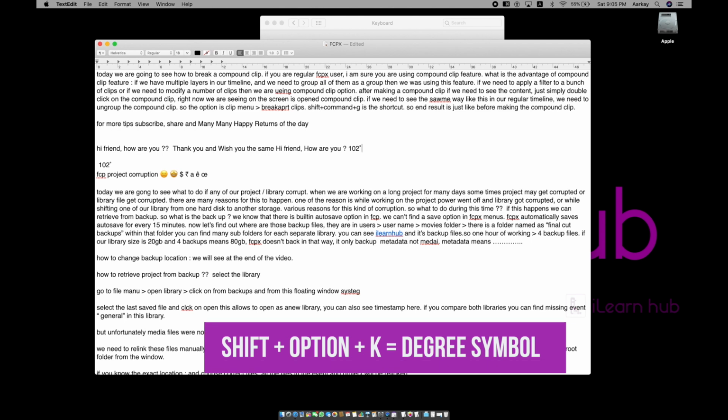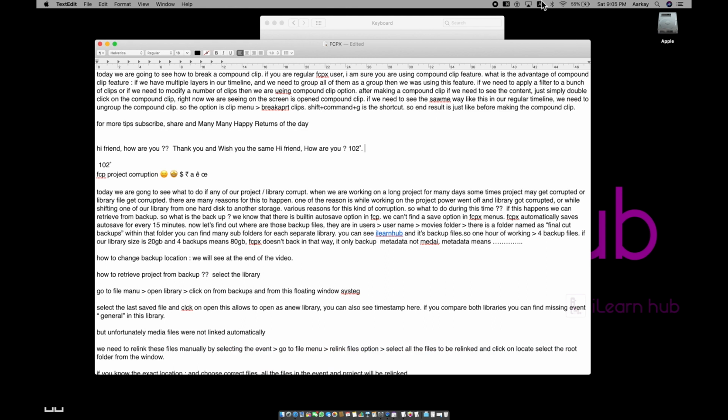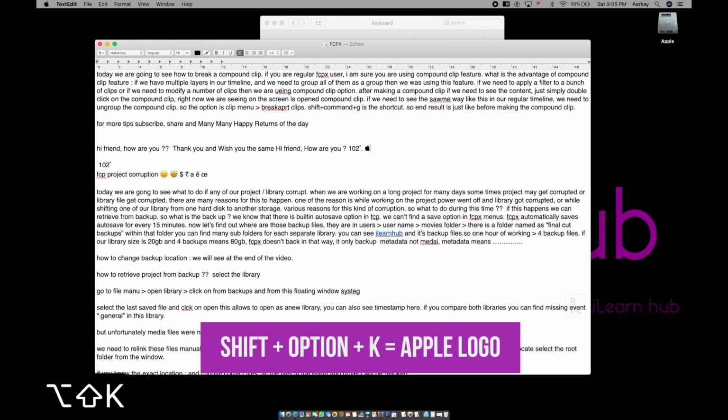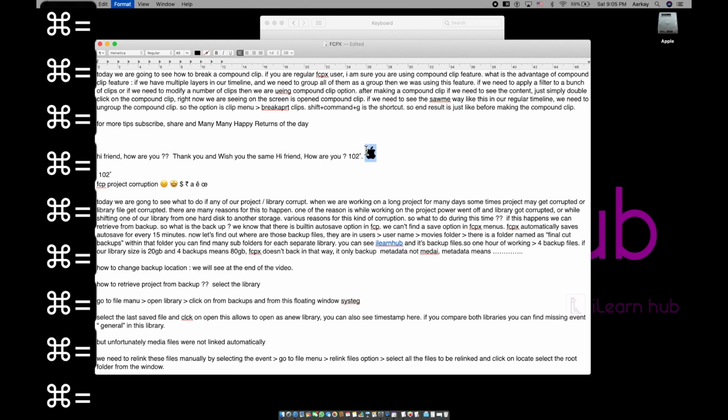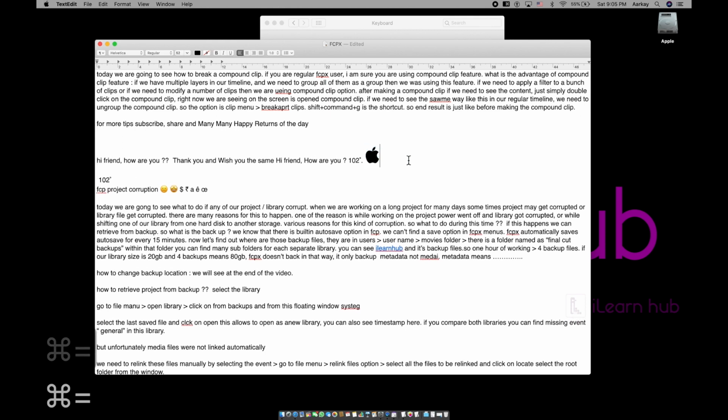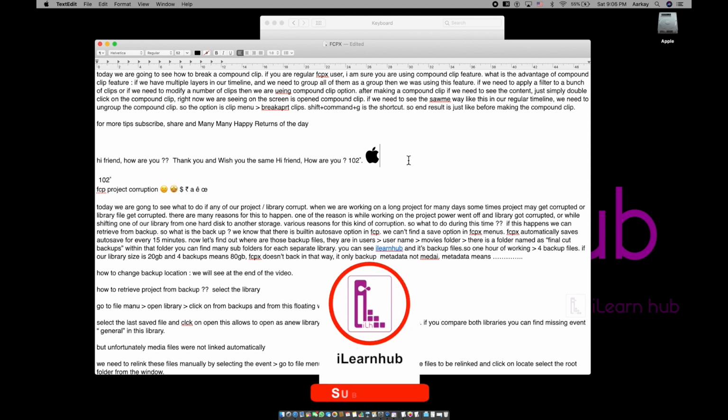It'll be like that. Now, if you are using ABC India, but if you shift to the US keyboard, then the same shortcut, Shift Option K, allows you to type the Apple logo. And once the Apple logo is there, you can use Command plus to make it bigger, like that. So this is how you can use different shortcuts in your document while creating.